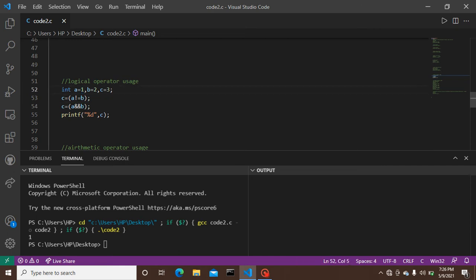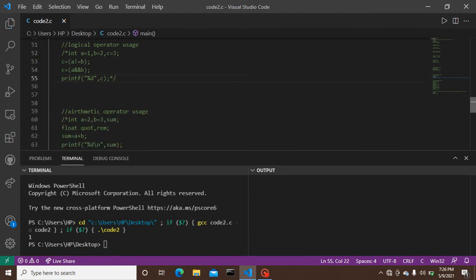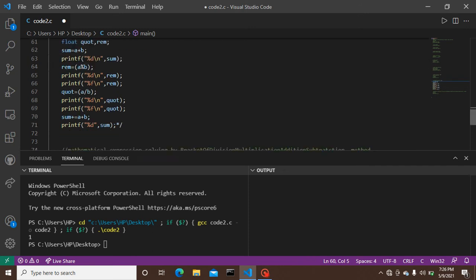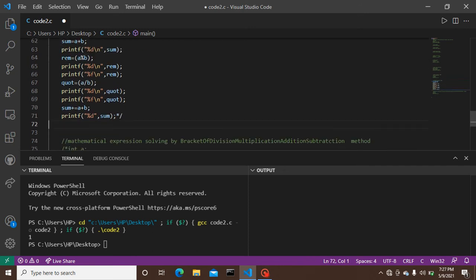So that's what we have learned about logical operators. Wait for a while, we are going to learn much more.